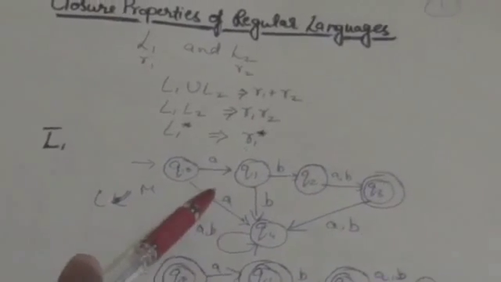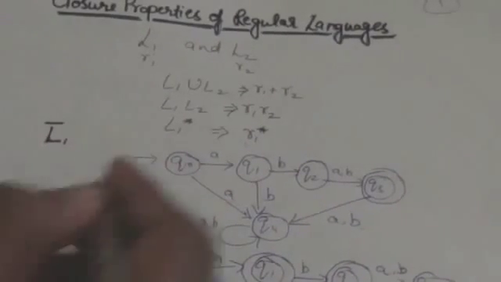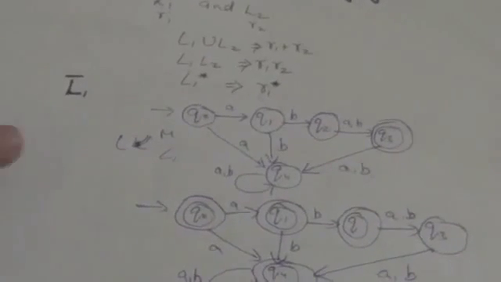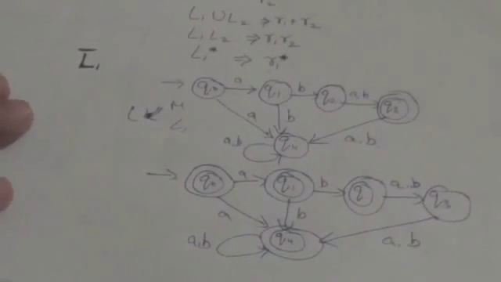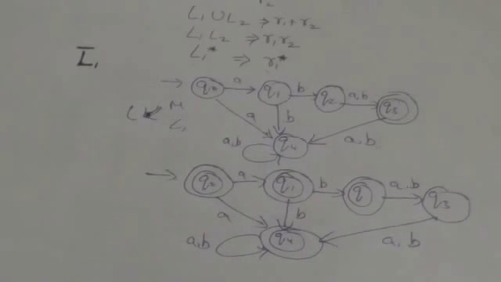Suppose this is a finite automata which accepts the language L1. Now we have to make a finite automata which will accept the language L1 complement. It means we have to design a finite automata